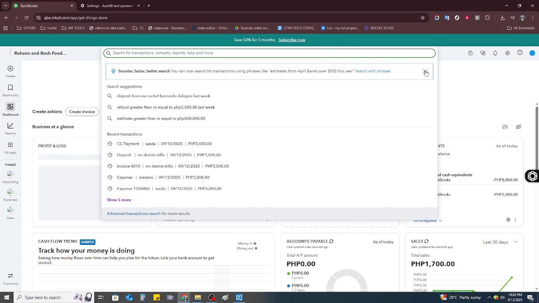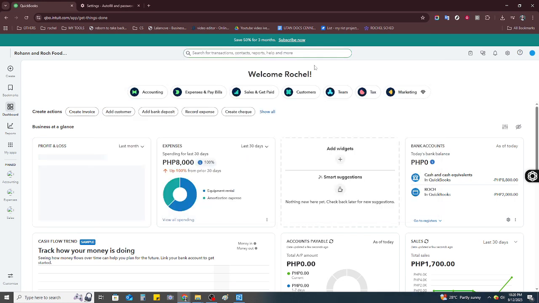First, you'll need to log into QuickBooks Online. Open your preferred web browser, be it Chrome, Firefox, or another, and type in quickbooks.intuit.com in the address bar to navigate to the main site. From there, go ahead and sign in using your account credentials. If you don't have an account yet, you'll need to set one up, but assuming you do, just sign in